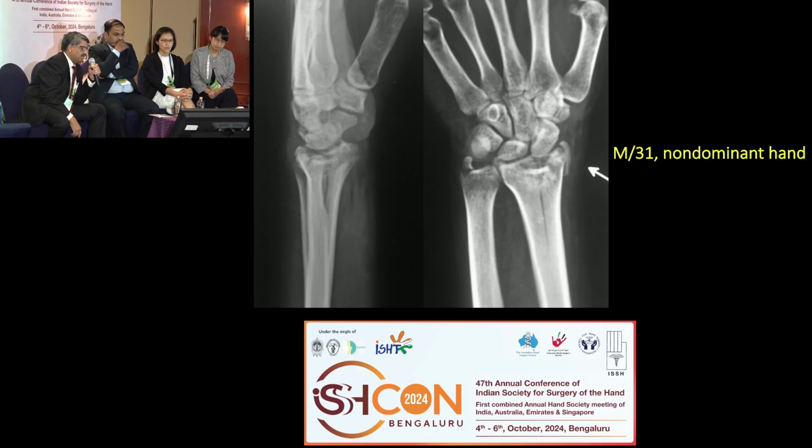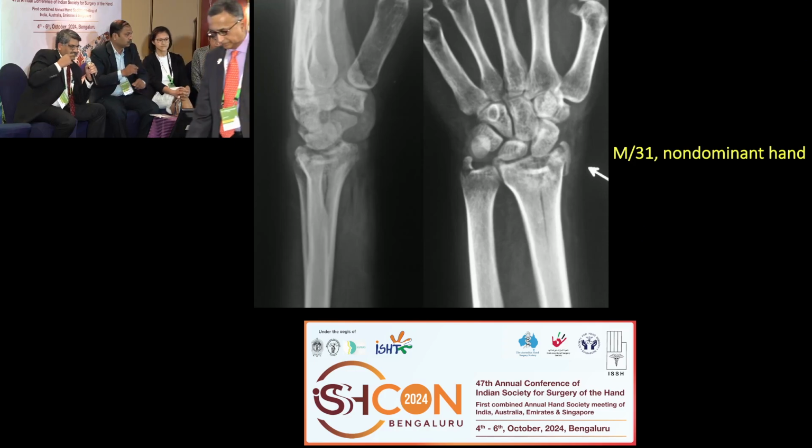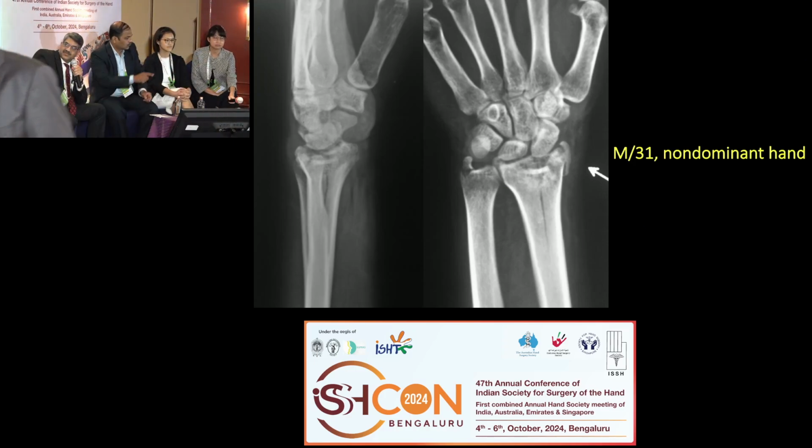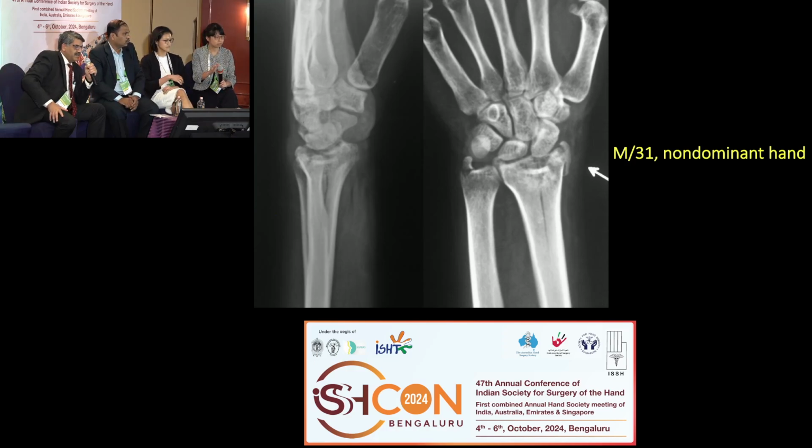I'm also not very sure what's happening in the dorsal ulnar corner, and there's a styloid fracture as well. Taking everything into account, this is probably involving all three columns. Maybe my next step would be to get a CT scan for more information